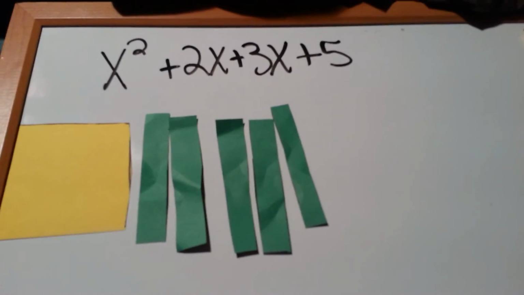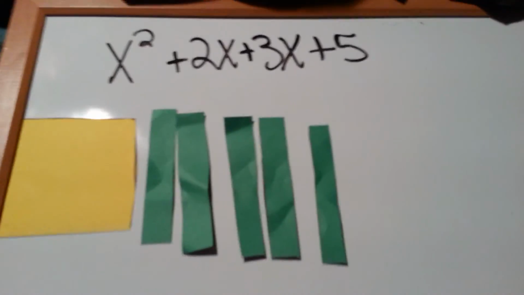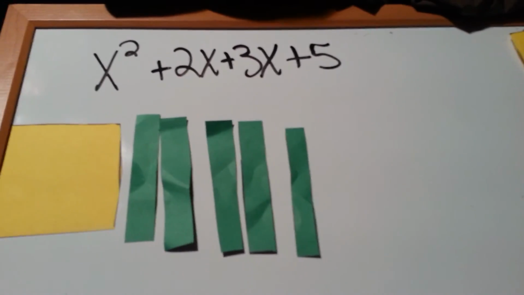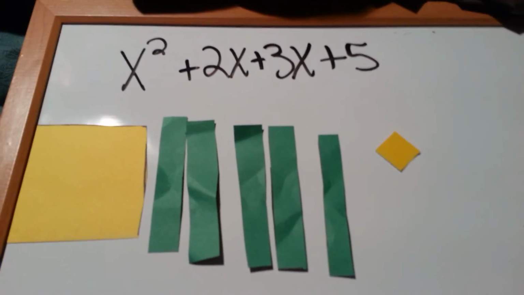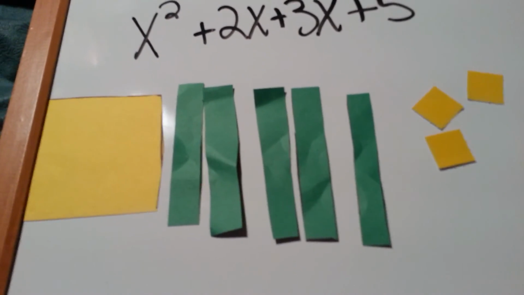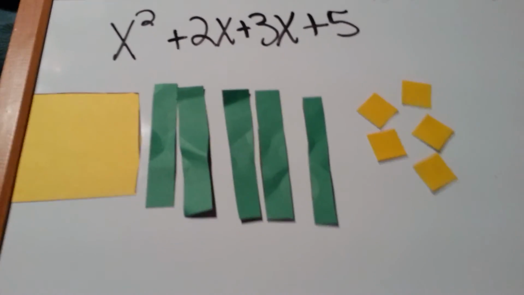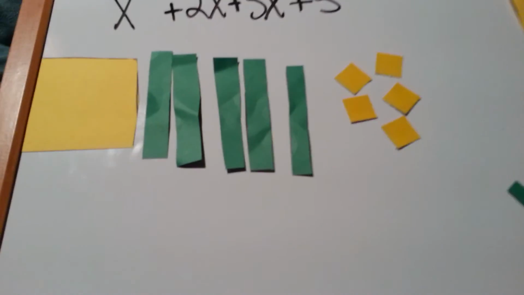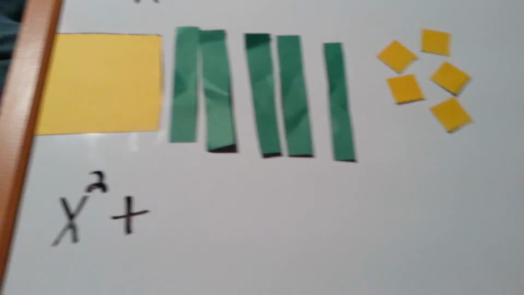Now we're still not done. We still have to add 5 to our problem. So this is our ones algebra tile. So I'm going to throw 5 of our ones tiles out there. 1, 2, 3, 4, 5. Now, when you simplify this equation, you've got x squared, and everything's positive, so I'm going to put a